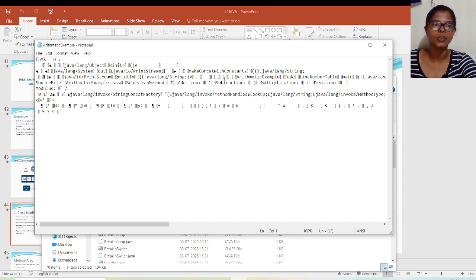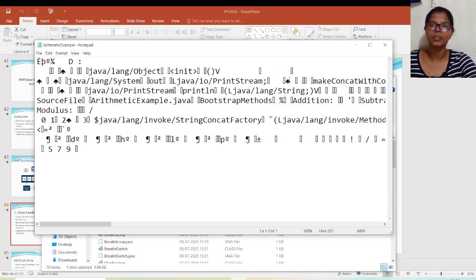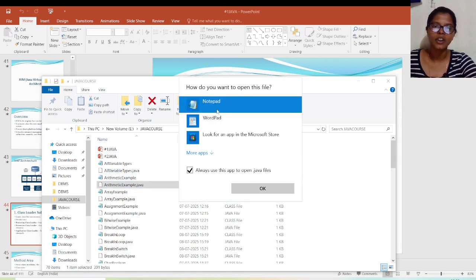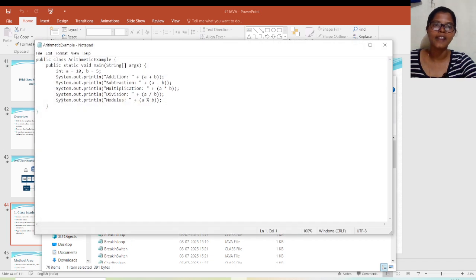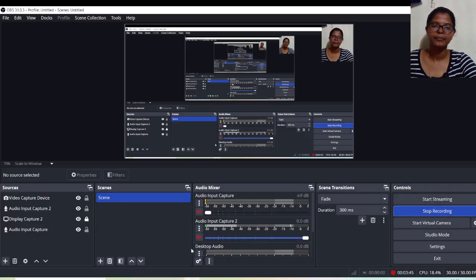This is bytecode. It is in a symbolic format, right? Are you able to see? This is the bytecode, or we can call it a .class file. If you open the .java file, this is the actual code I have written. When you compile the code, it will be converted into this .class file. You can see whether it is a class file or Java file in your system.